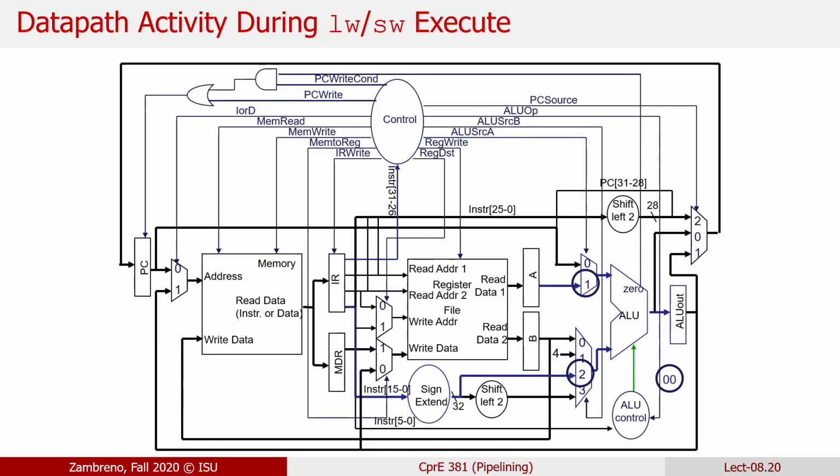So now what this third stage looks like really depends on what operation is being decoded at this point and being executed. If it was a load word or store word operation, it would look a lot like your load word store word in your single cycle implementation. We would now take that stored value of A, and we would take that sign extended 16-bit immediate for our input B, and we would do the add operation for it